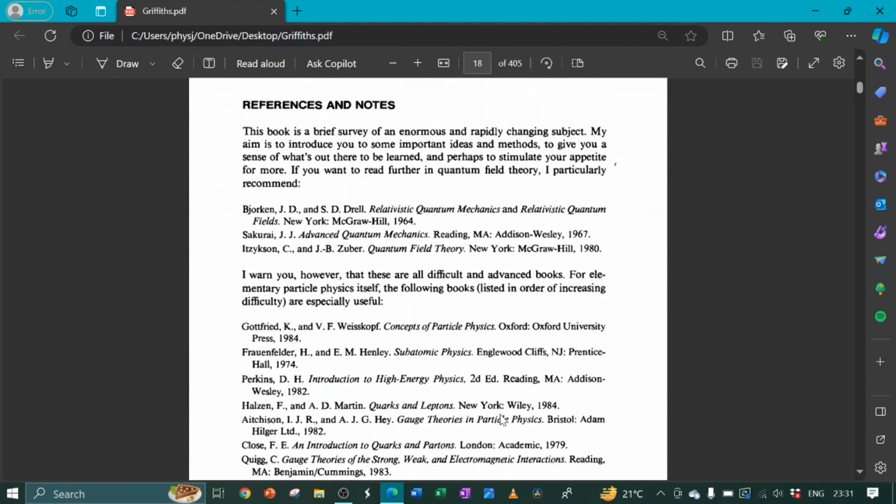References and notes. This book is a brief survey of an enormous and rapidly changing subject. My aim is to introduce you to some important ideas and methods, to give you a sense of what's out there to be learned, and perhaps to stimulate your appetite for more. If you want to read further in quantum field theory, I particularly recommend